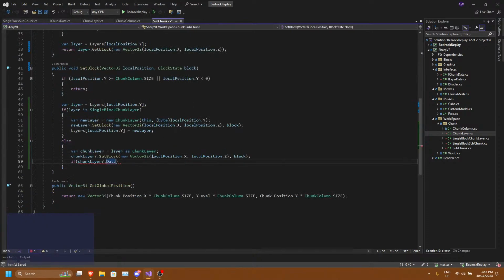Hopefully that will work. So we just do dot data dot length. Wait, dot zero.